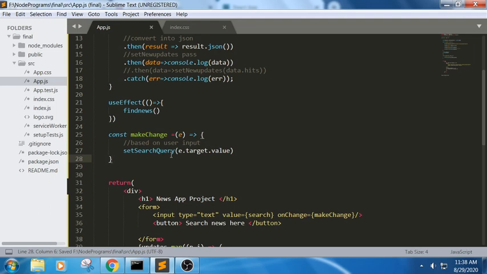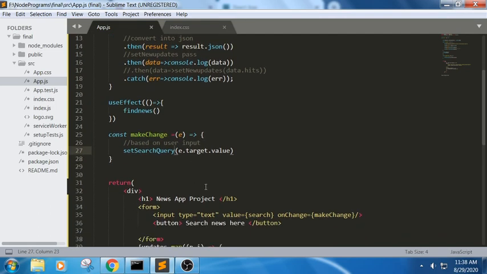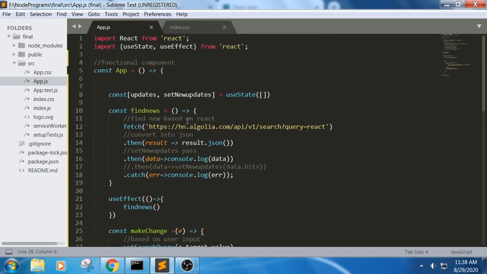But as we have written searchQuery here, we need to define some other state. The first one we defined is a state for getting the values and data, but here we are performing some action, in the sense we are typing something in the input field and reading the values. So for this search query we need to implement one more state here.